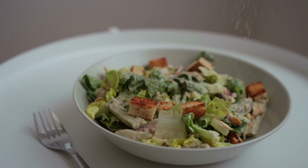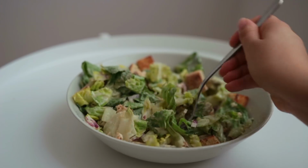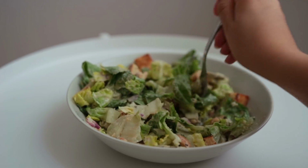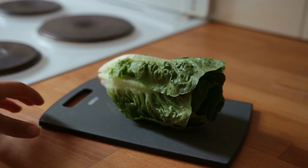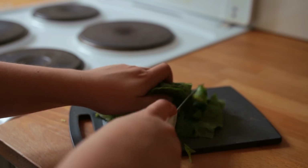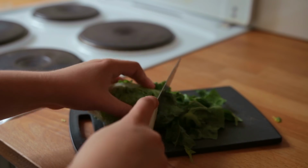In fact, this salad has become my new favorite go-to dinner, a tofu Caesar salad, or a meal that's heavily inspired by Caesar salads, but it's vegan. The first step would be, once again, chopping up stuff. Romaine lettuce,